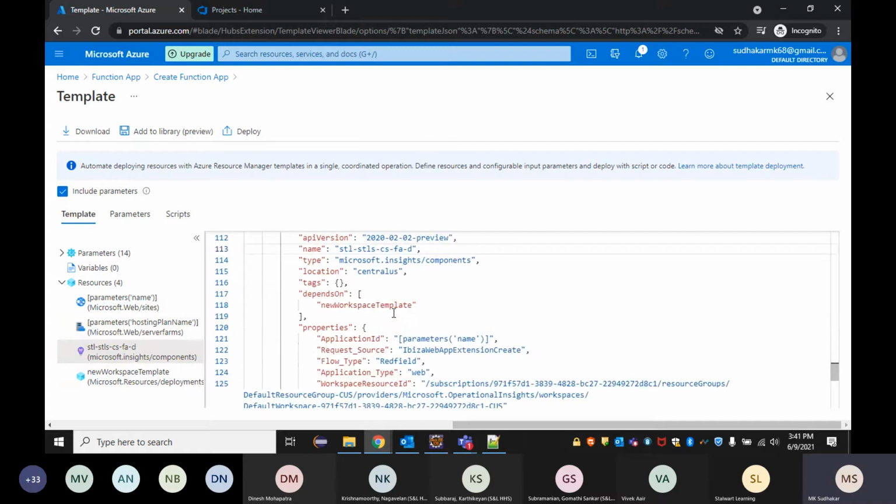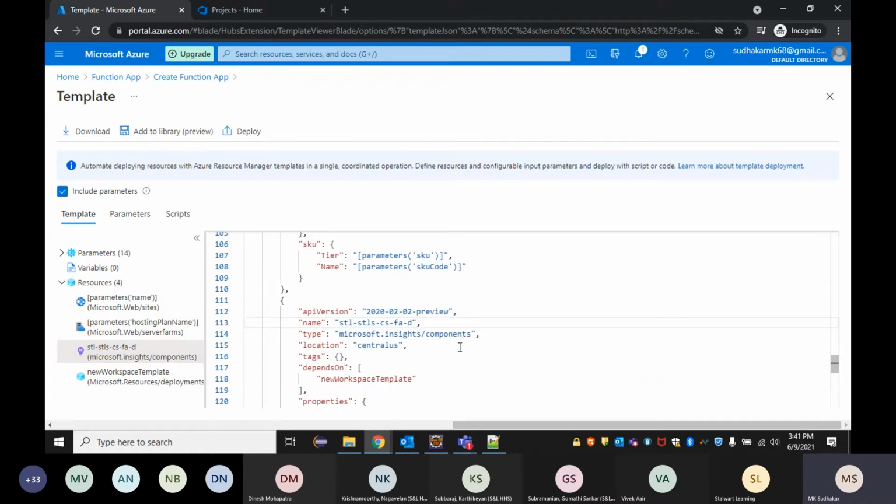Now it is going to create app insights for us. That acts as a component to our function app. So it is an extra component we are going to add for enabling app insights. I hope everyone knows what exactly app insights is. Whatever we are running, whatever the user's triggers or whatever the tests happening to this function app, all the logs get collected to this app insights. So the log collection and monitoring, everything will be happening in app insights. App insights will be storing all our data and logs in the storage account.